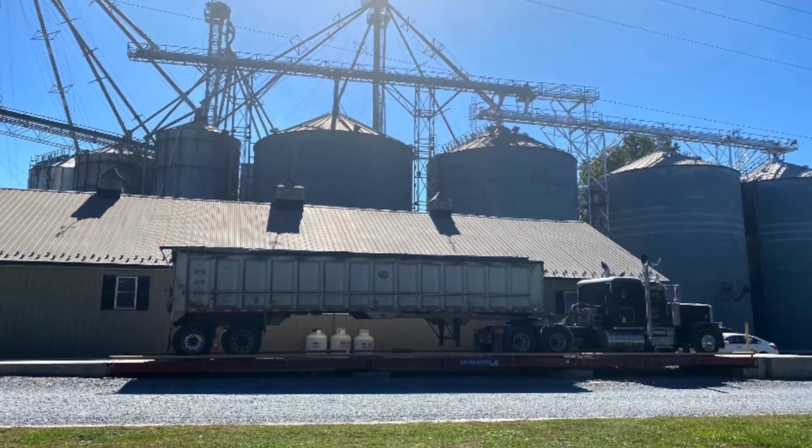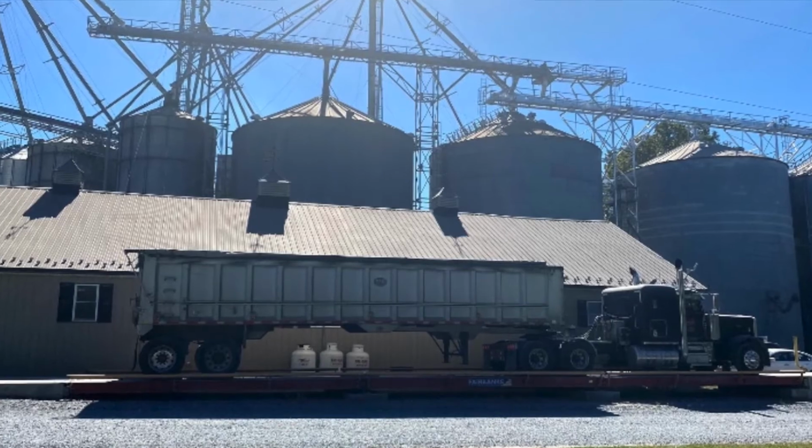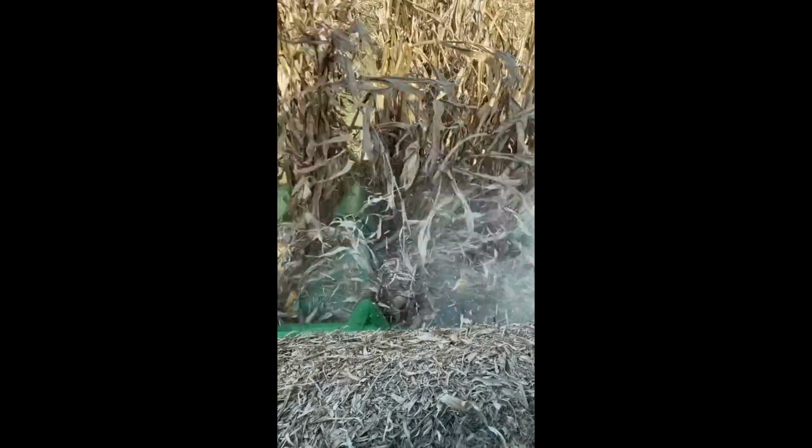The truck will then return to another scale where it will weigh out empty and give them the actual total bushels that they had on that load, along with the price, and we apply it to whatever contract they have with us. So once that's happened, the truck has made a full cycle here at our facility. They'll go back to the field where they are harvesting and return. Quite often they'll make 8 or 10 trips per day for a single farmer, and that activity carries on throughout